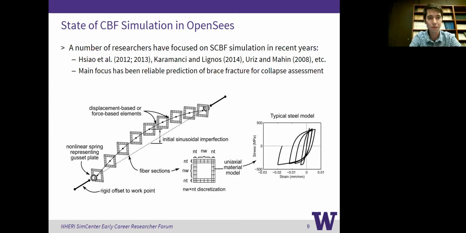These are composed of the fiber-based line elements, and then at the ends of the braces, we have nonlinear springs that represent those gusset plates, because as we mentioned, as the brace buckles out of plane, the gusset plates need to yield to accommodate that movement. And then between the gusset plate's rotational hinge and say the work point of the framing elements in your building, we have rigid offsets, okay, to account for all the rigidity of that gusset plate connection and the beam to column connection where it's intersecting the gusset plate, okay?